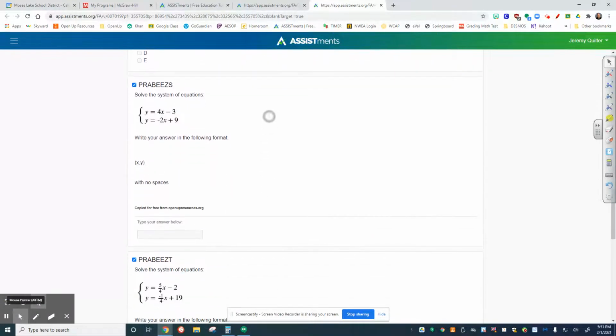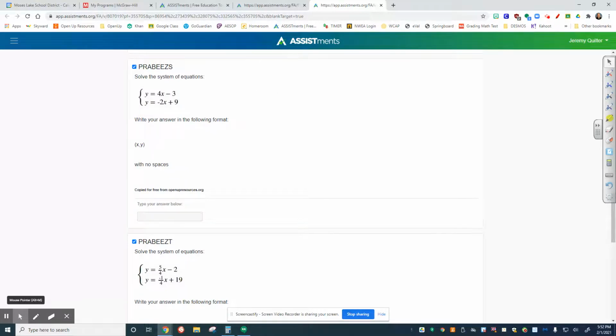So the next part of it, the next two questions, is all about solving the system of equations. And so when we're solving the system of equations, write your answer in the format of x, y. So with no spaces, that means when you write your answer right here, I need an ordered pair right here. And when we talk about putting that ordered pair in there,